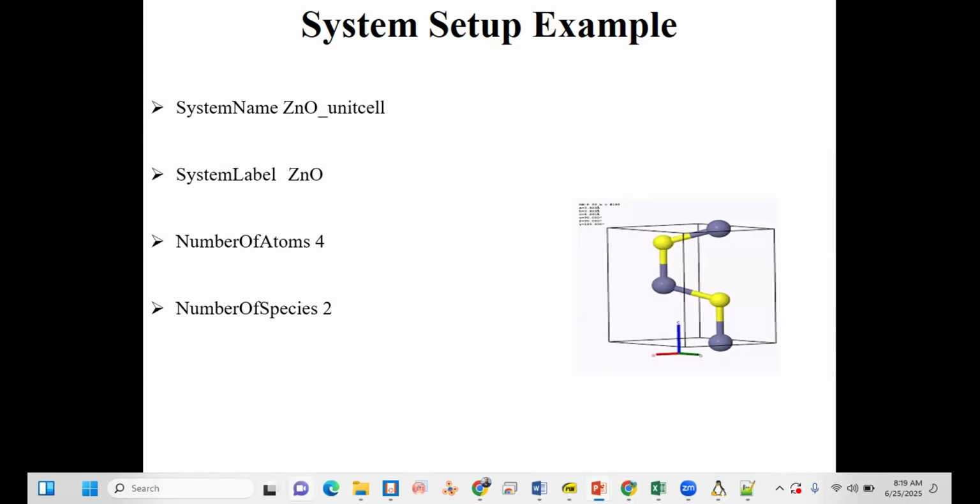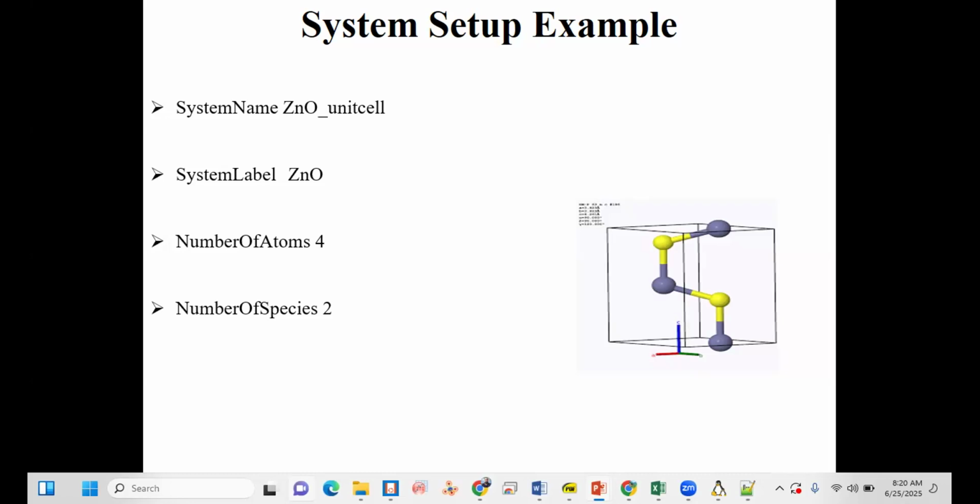The system setup consists of a few lines in the FDF file where the system name is defined. In the previous slide I showed that it must be systematic. The system name should not be too long, but it should be systematic, because some people are doing calculations for several materials, like zinc oxide, hexagonal structure, for the unit cell or for the surface with vacuum space.